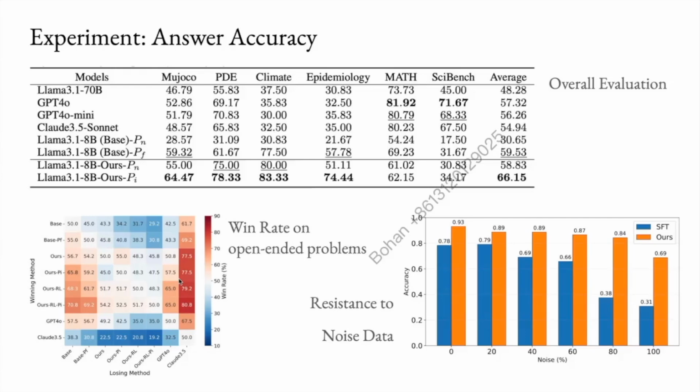As we can see, in the SFT method, if the model is fine-tuned with data with increasing noise, the performance of the model degrades a lot. But with our method, it doesn't degrade a lot, except when the data is 100% noised. It's because when the model finds that it can't answer the problems correctly, it will resort to tools. It shows the adaptive ability of our models.